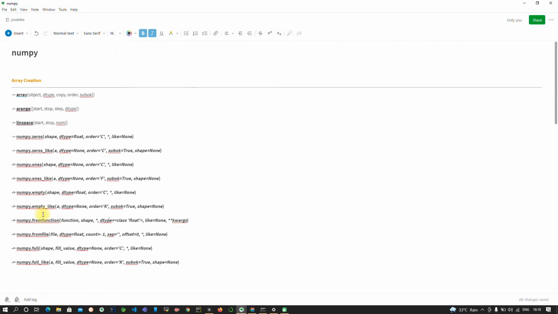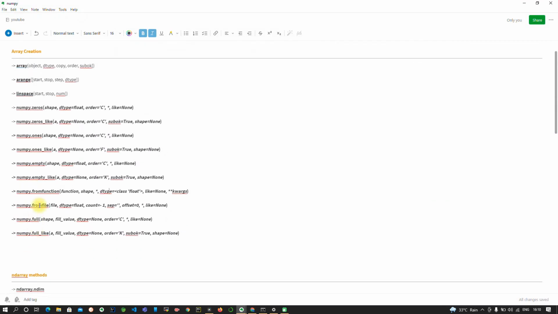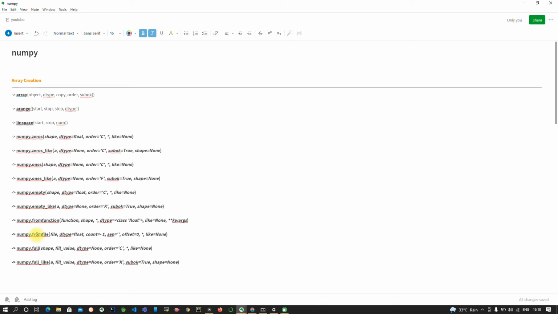Similarly we have np.fromfile, but I will tell you guys to try this method yourselves, because in its parameters you need to specify the file path, the data type, and the separator. If your data in the file is like 1 space 1 space 2 space 3, or there is no space in between, then you have to give an empty string literal.